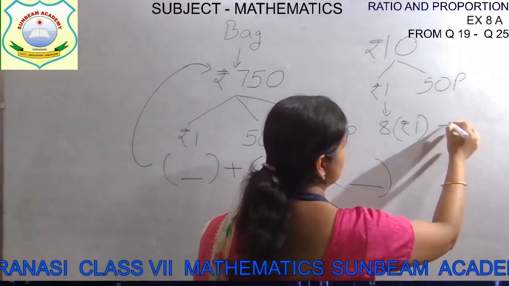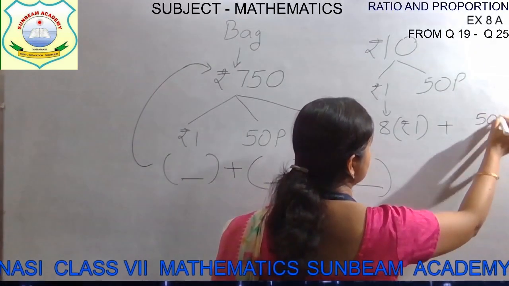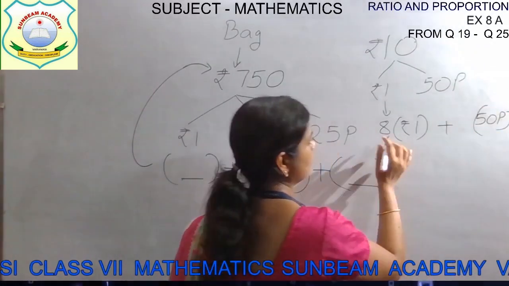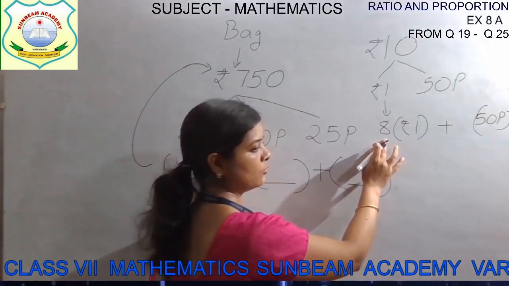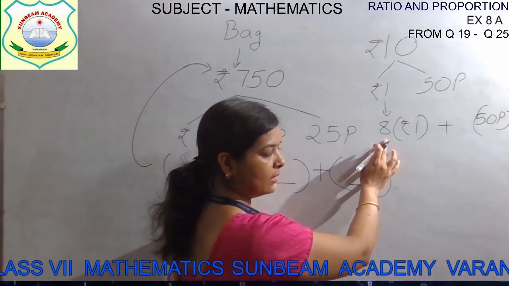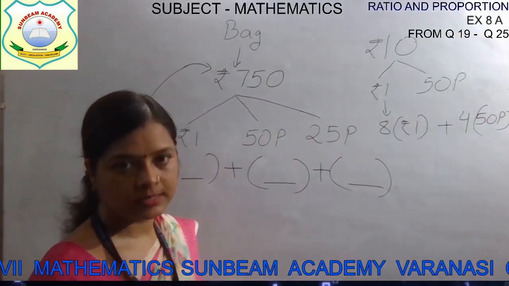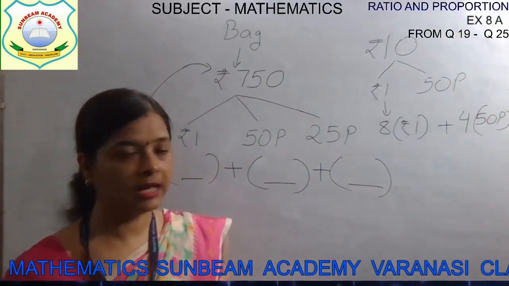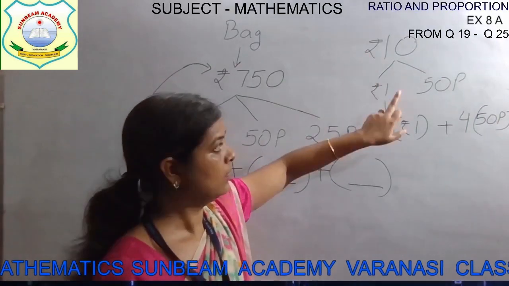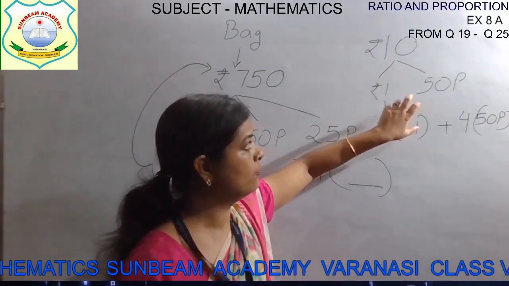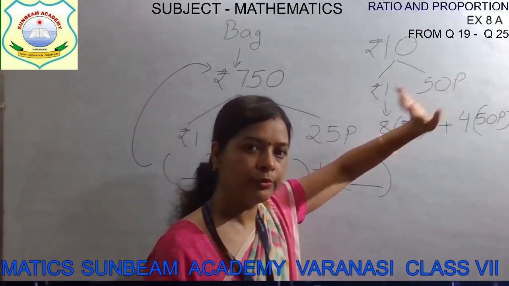And how many 50 paisa coins will be there then? Come on. You are having now, out of 10 you are having 8 rupees in your hand. So 2 rupees are left. So it means there will be 4 50 paisa coins. Isn't it? If you will have 10 rupees, that 10 rupees is made up of few 1 rupee coin and few 50 paisa coin.